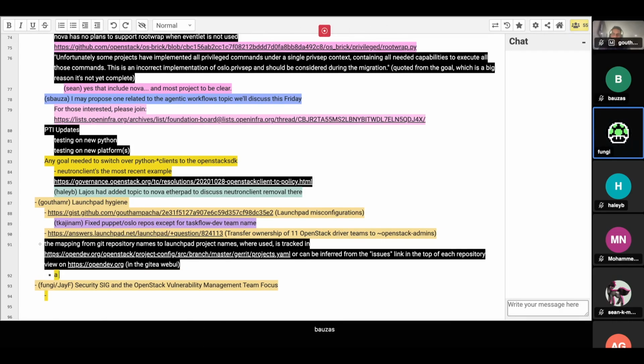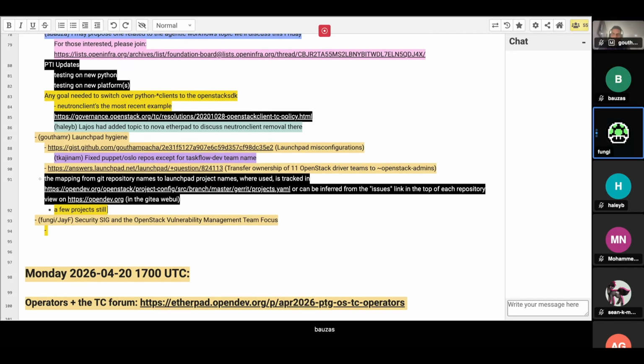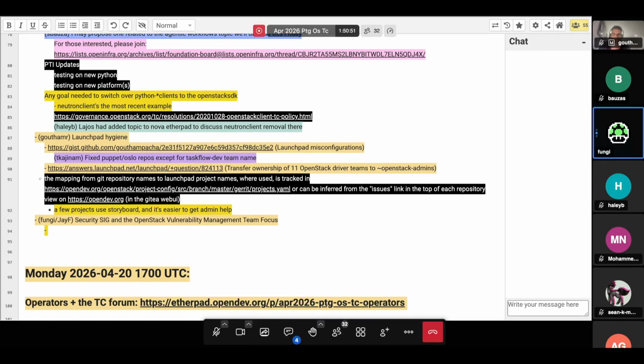From a vulnerability management team perspective, we have taken on some new and increasingly active people in the VMT. Jay joined us last year and has been immeasurable help. And then Gautam just joined us in the last month and has been ramping up very quickly. He has already done some advisories, and it's been a huge assistance.